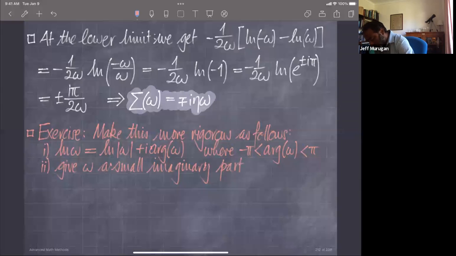So add to omega something like plus or minus I epsilon, where epsilon is some small number, and the plus or minus tells you you shift omega up or down off the real axis. I don't really care which; it won't affect your argument. And then show that